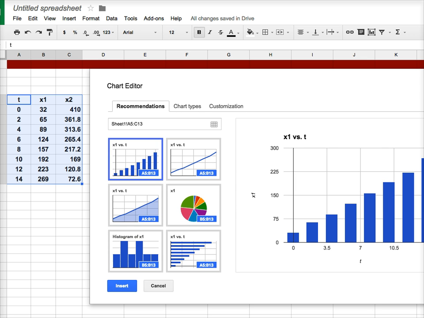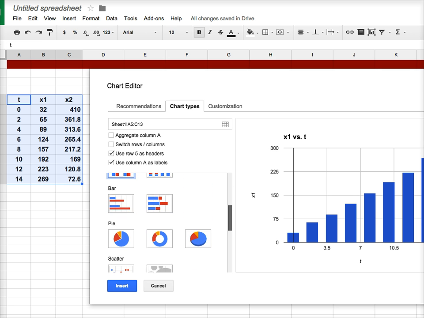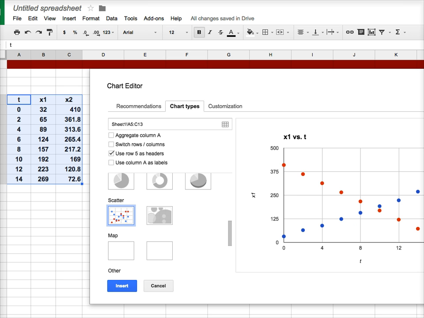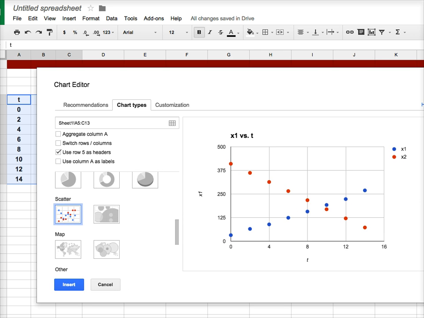The first thing that comes up is recommendations. Forget about the recommendations. Go immediately to chart type, and of all the chart types, we're almost always going to select scatter, which is just the individual points. I will try to move this thing over so you can see that it's already plotting the points